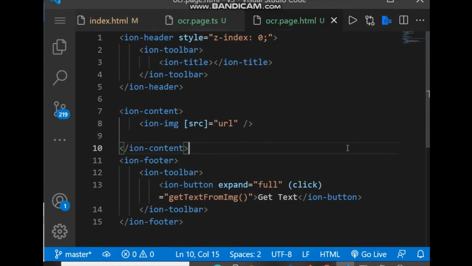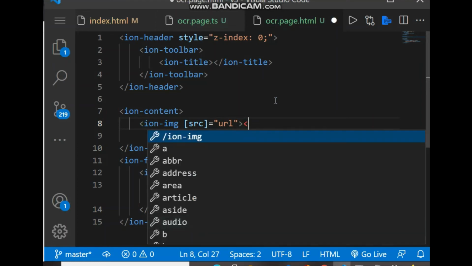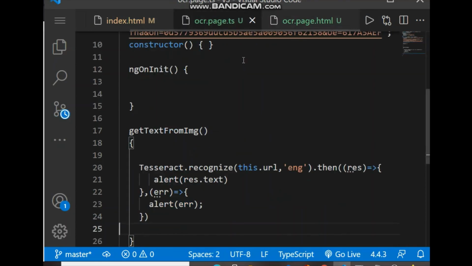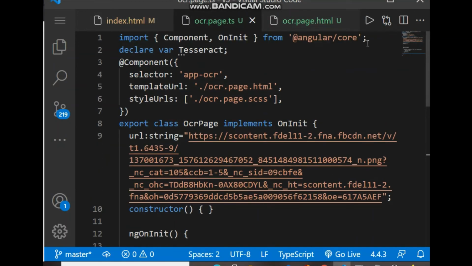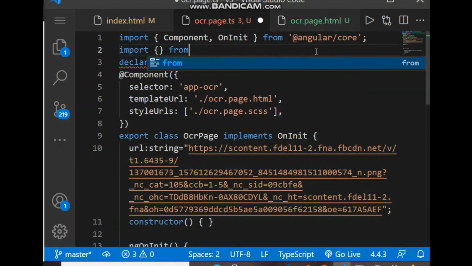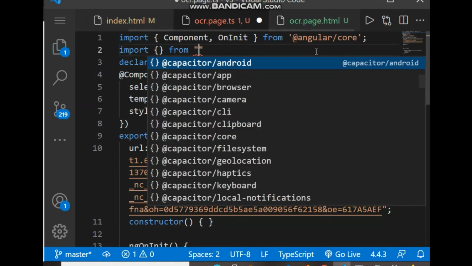So now let's run this code in the browser. Also we can run on a mobile device, so it will work on both browser and device. So let's run on the browser first. Actually here's some error, so we have to include the ion-image closing tag also, and also let's include a loader, so we will know that something is happening when we click the button.